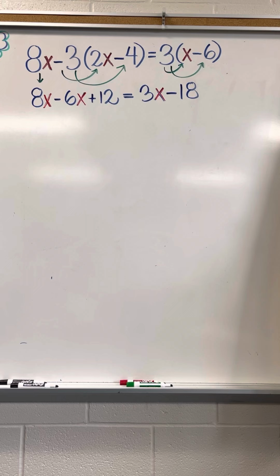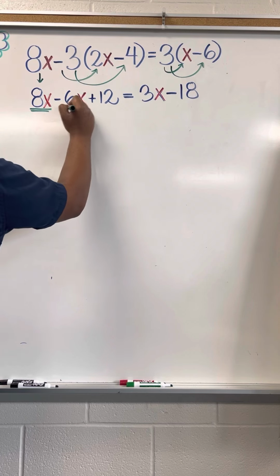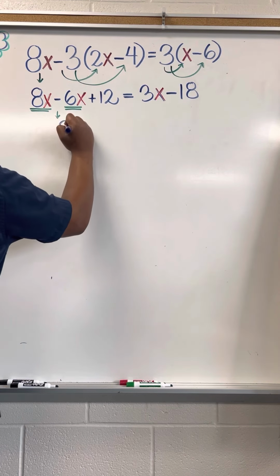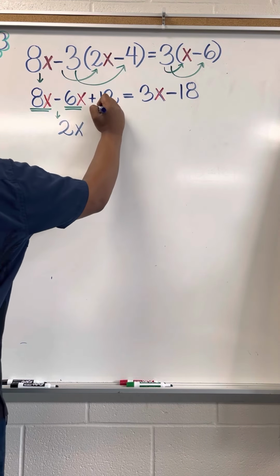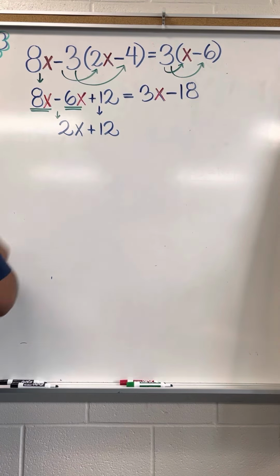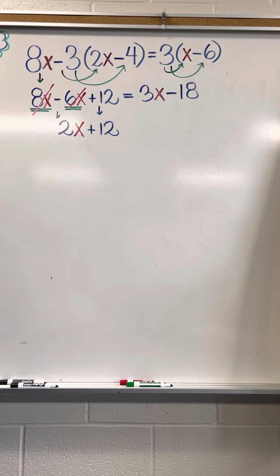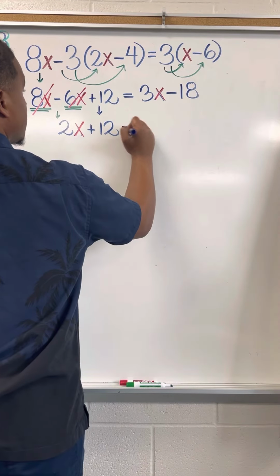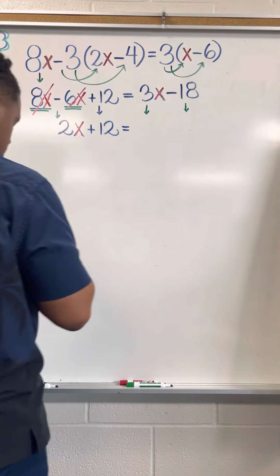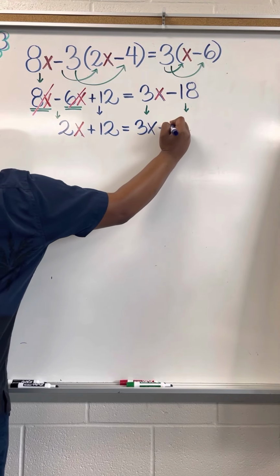Now, the next thing we need to do, ladies and gentlemen, is on both sides, we need to combine like terms. All right, 8x and -6x are like terms, so let's combine them. 8x minus 6x is 2x. So I have 2x plus 12. We're gonna bring that 12 down, okay? So these go away, we're good. Those both turn into 2x when I combine them, okay? Equals everything on this side, there's no like term, so everything else just comes down the way they're supposed to come down, okay? So I still have a 3x minus 18,